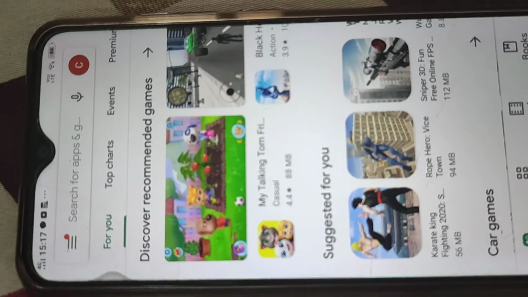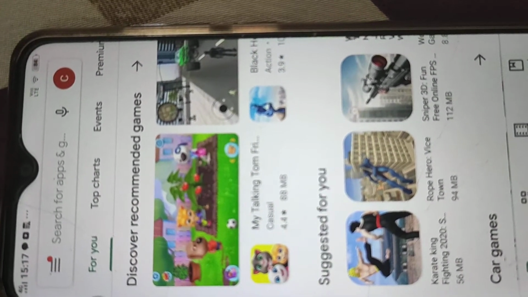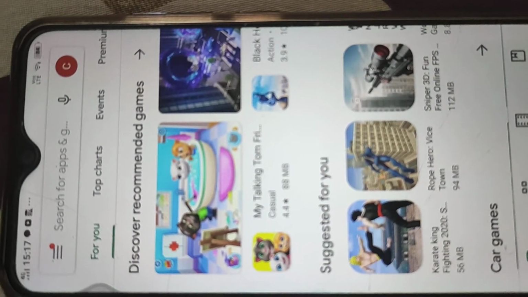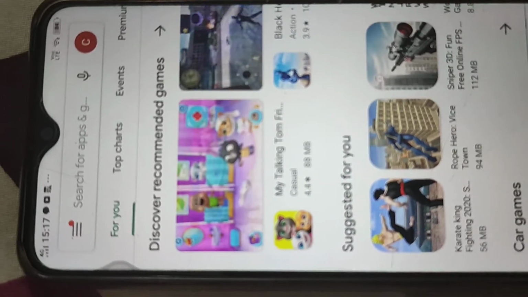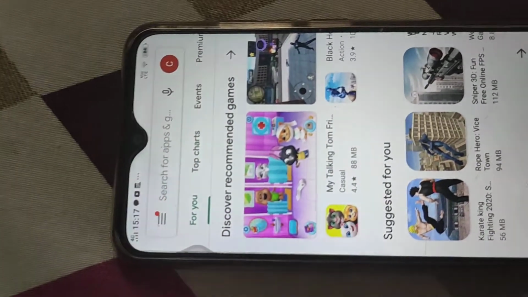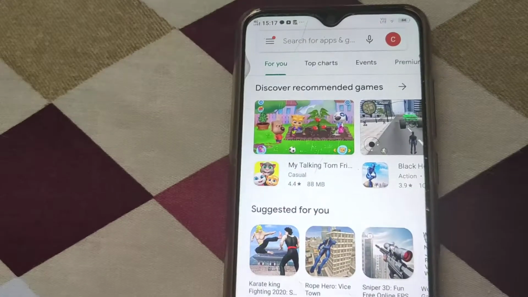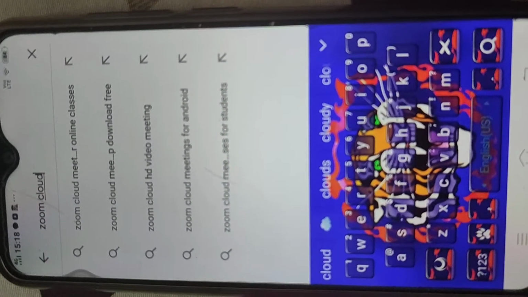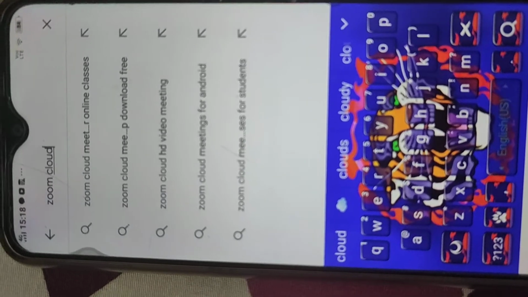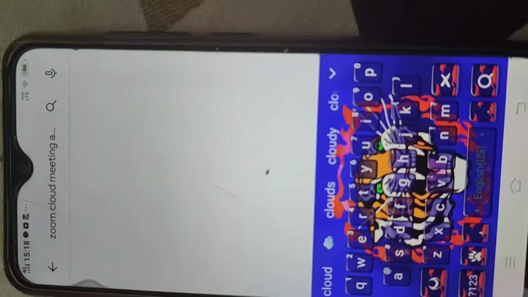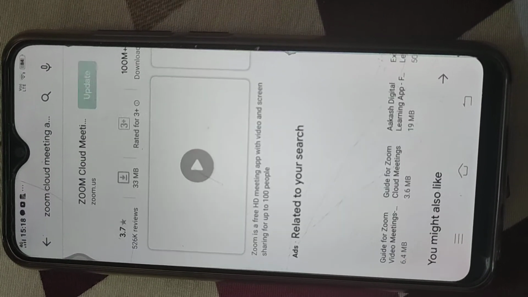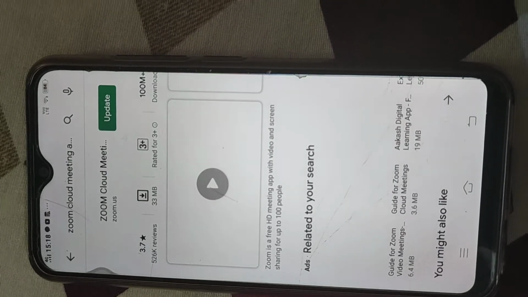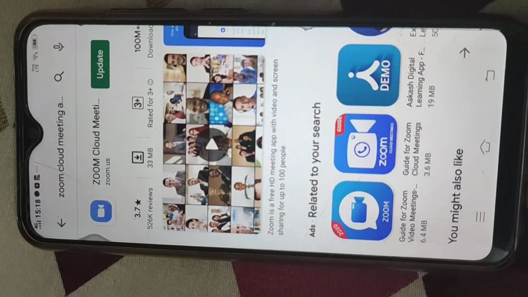On the other hand, if you have iOS, then go to the App Store and follow the same process. Go to the search option and type Zoom Cloud Meeting. Now it starts installing. We have to wait for a while.